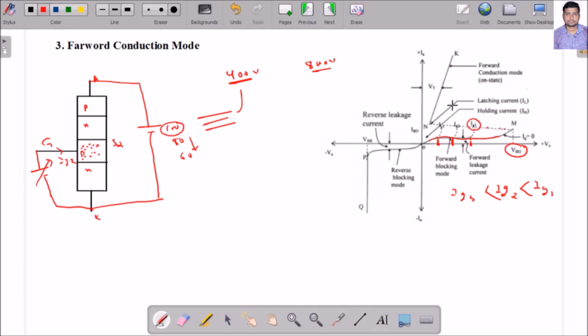Why am I giving the gate signal? Because if I do not give any gate signal, to turn on the thyristor I require voltage up to VBO, which is very large, and may damage the device because of the large temperature rise in the junction J2. Generally the breakdown voltage is more compared to the breakover voltage. When I give the voltage up to VBR, junction breakdown occurs, heavy current will flow, and may damage the device. When I give VBO also, J2 will break, and the temperature rise in the junction J2 may damage the device. So though VBR is more than VBO, still VBO is taken as the final voltage rating of the device.